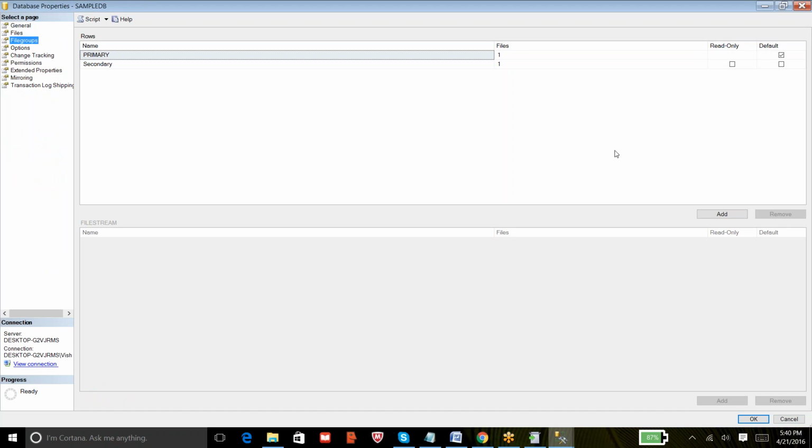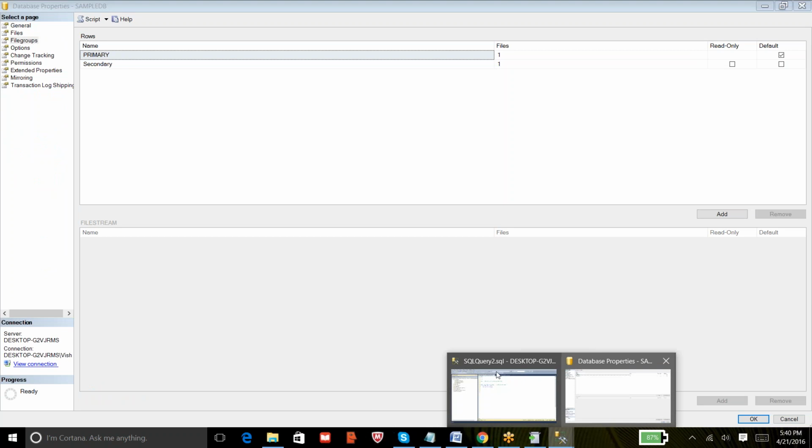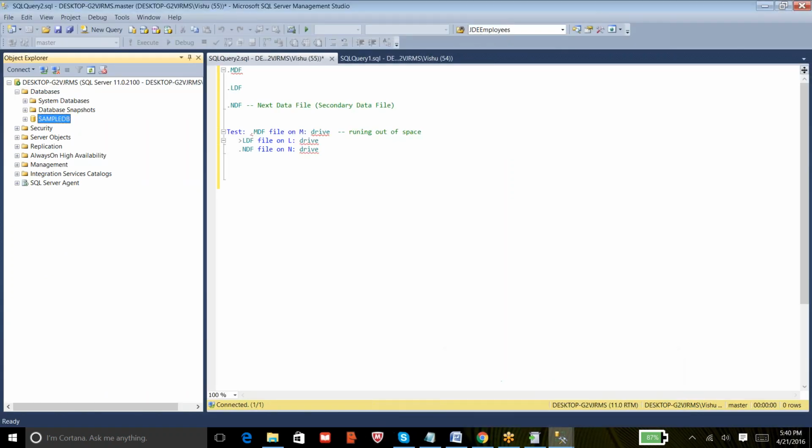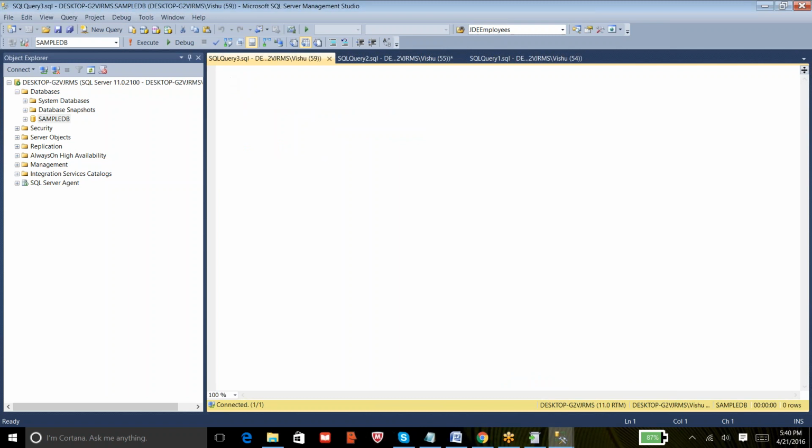When the primary is set as default, then whenever a user creates a table, I'm just writing a sample table script. Okay, I'm creating a table which is tbl underscore test with one column, that is ID, with an integer value. If I execute the script now, it is going to create on my primary file group by default.